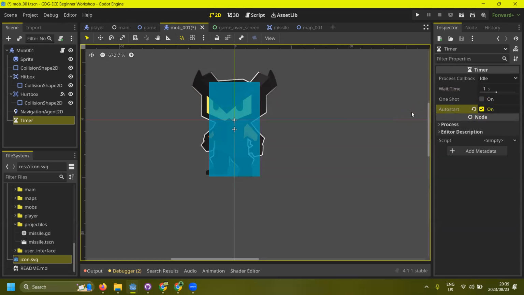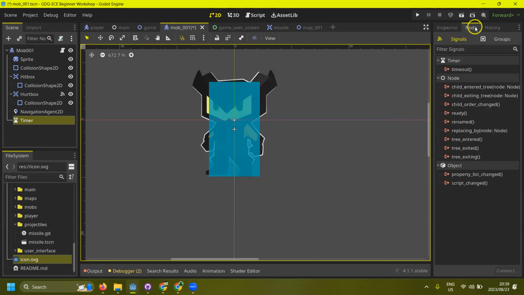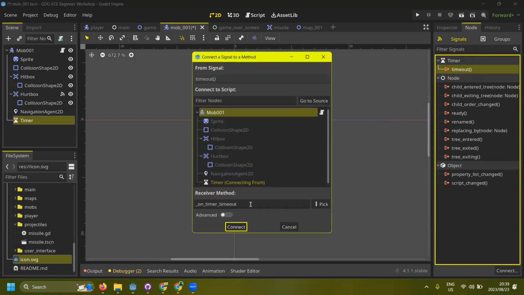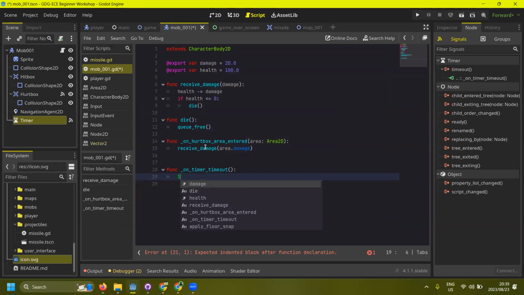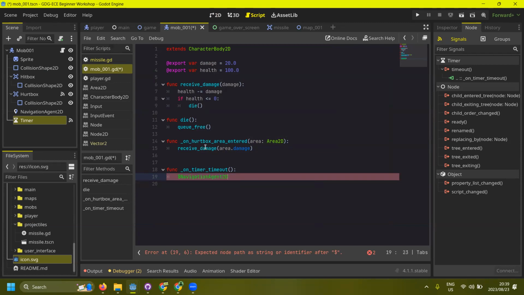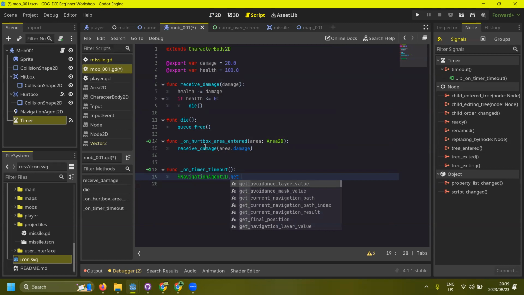This will be a looping timer and it will autostart. By now you should know that we need to connect the timeout signal back to ourselves to make it loop. On the timer timeout, I will make my navigation agent call a function. Remember the shorthand for getting a node path is the $ sign. I want to call my NavigationAgent2D child node, and I want to get a